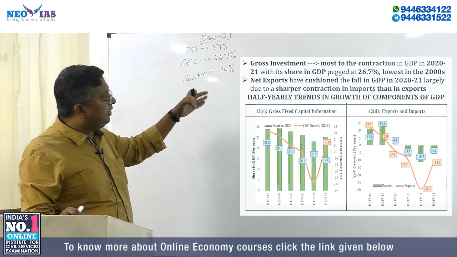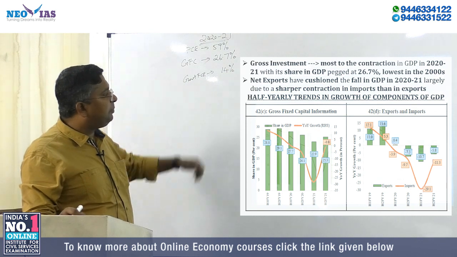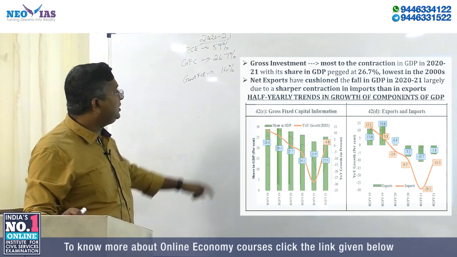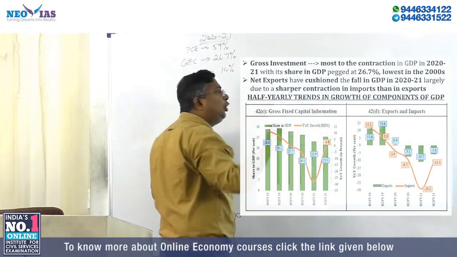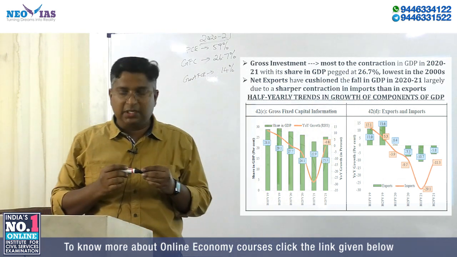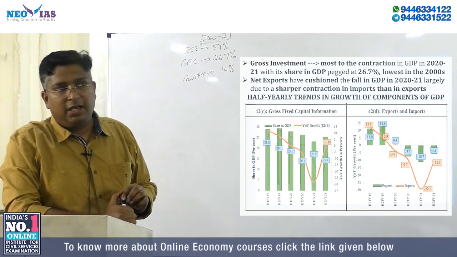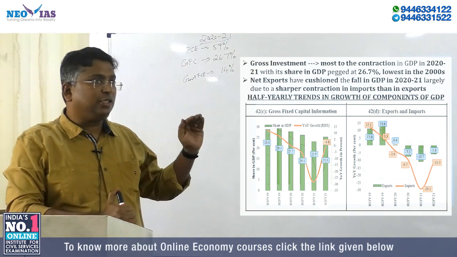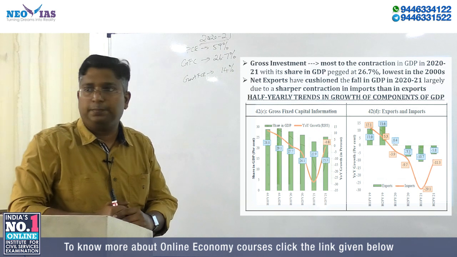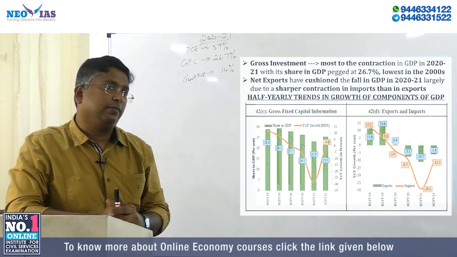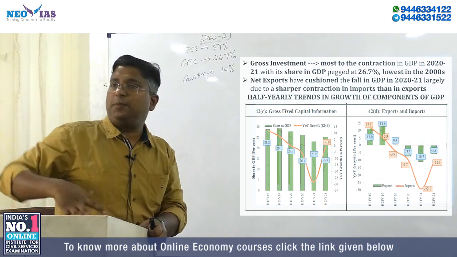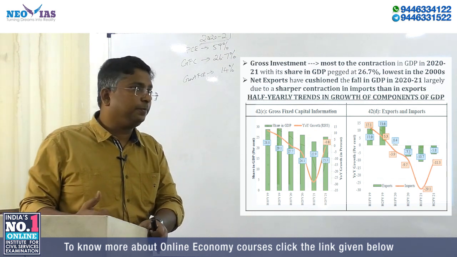So the gross investment which we measure through gross fixed capital formation is very, very important. It is one of the lowest. Gross capital formation is very low now. It is 26.7% of the GDP. We have to increase it to at least 35% of GDP, because we already know more investment means more economic activity.